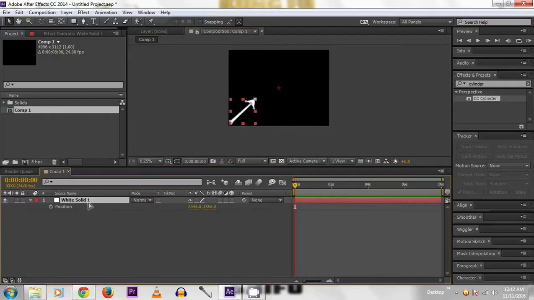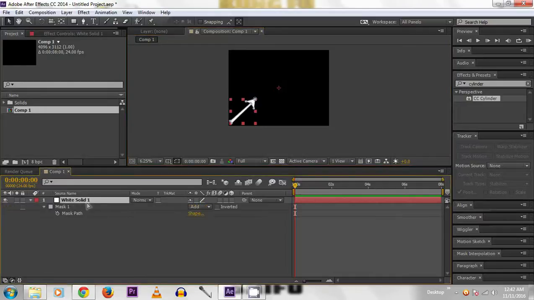Press P for the position. Click the stopwatch, then move it out. When we are moving, there is some trouble in moving the small objects. Let me fix it.